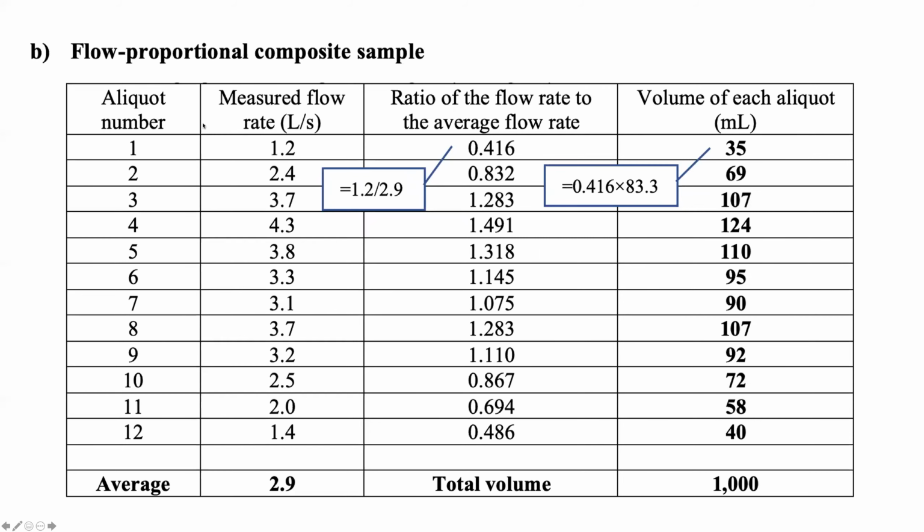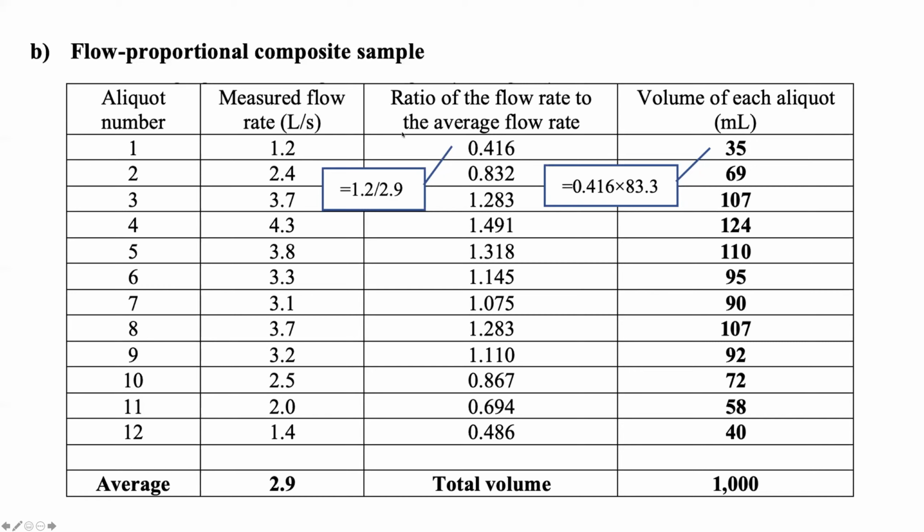So the example calculation here, we've got the first aliquot. Let's say the flow rate is measured to be 1.2, like we have in our example. The ratio of that flow rate to the average flow rate, 1.2 divided by 2.9, that ratio is 0.416. So if we take 0.416 times 83.3, where 83.3 is the 1 liter divided by 12 aliquots, then we will get the value of 35 milliliters, and that's the volume of sample that we need to collect at that first